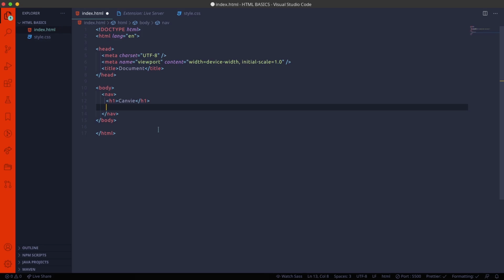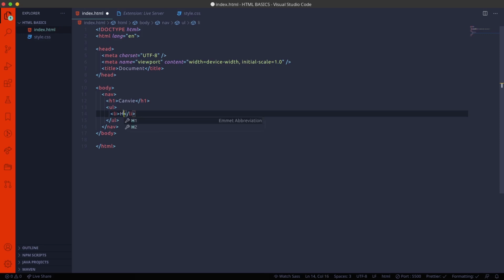In any web page we have three nav links called Home, About, and Contact Us. In order to create that, these three are list type. So now I'm creating an unordered list. To create an unordered list, we type ul, meaning unordered list. Now hit the tab key and it will automatically fill. Now in the unordered list, we have to create a list of three items.